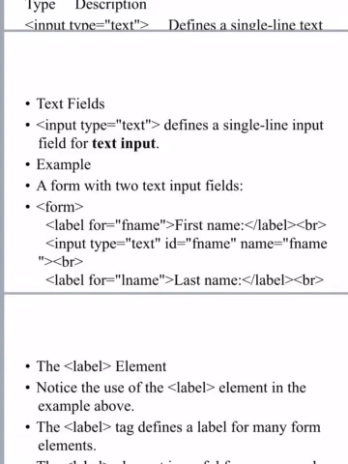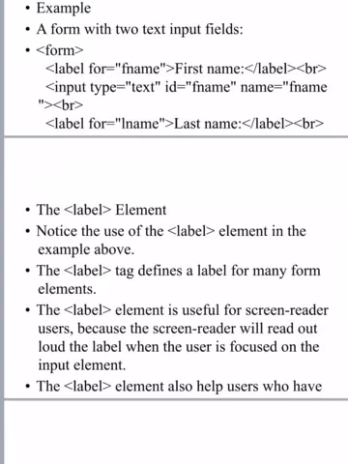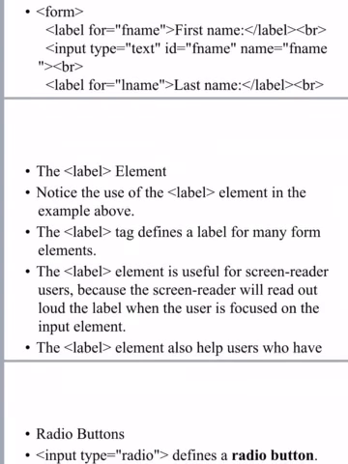Then label for is equal to lname, you'll get last name colon, then closing label, closing br. This label element, notice the use of the label element in the example above. The label tag defines a label for many form elements. So directly,